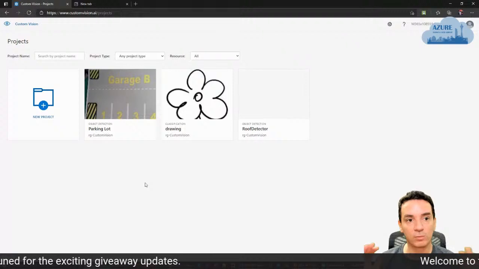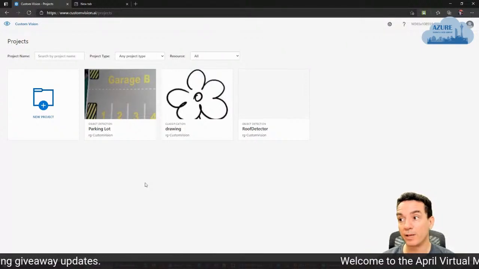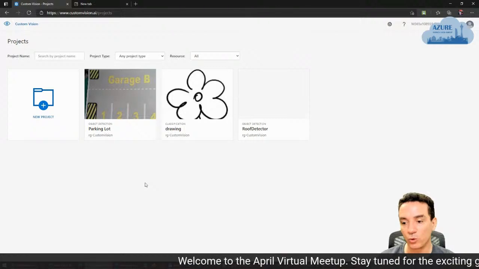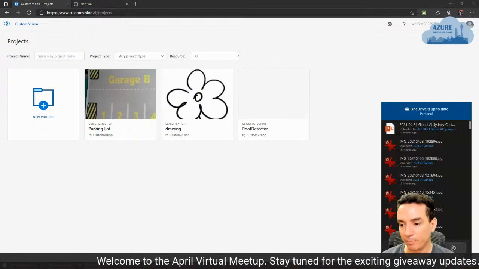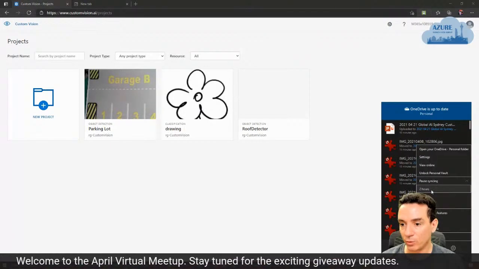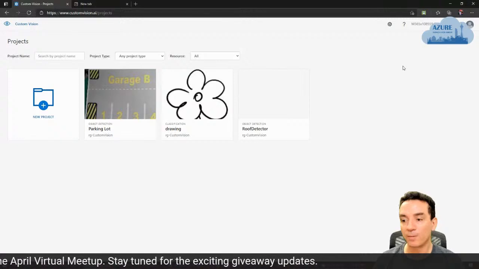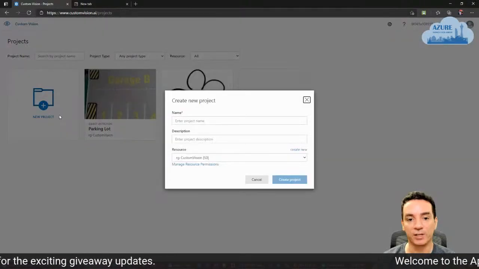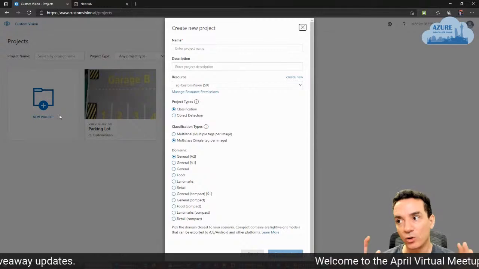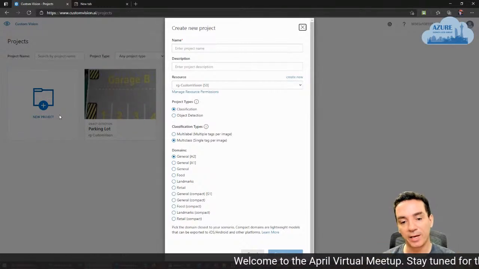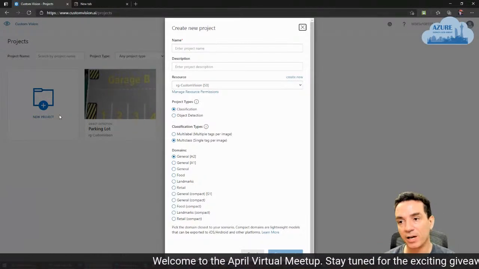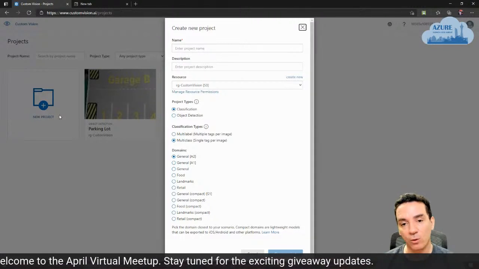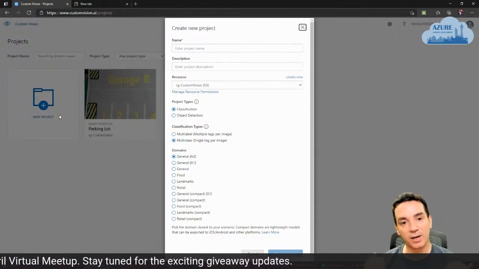So Custom Vision's main URL is customvision.ai. This is what we are using to work here. Let me pause here. So we have customvision.ai, and let's create a new project. Custom Vision, again, is part of the cognitive services, the Azure cognitive services. You can test this for free with an Azure account. You can have a free trial and test this.